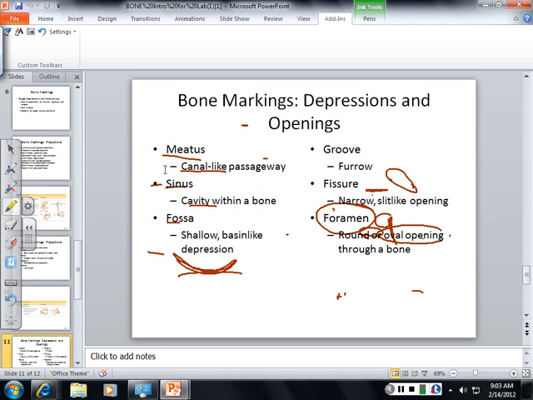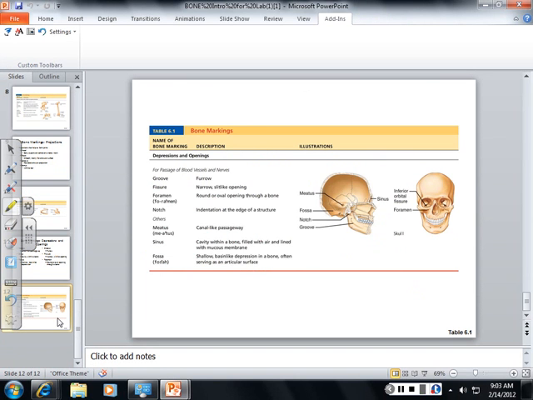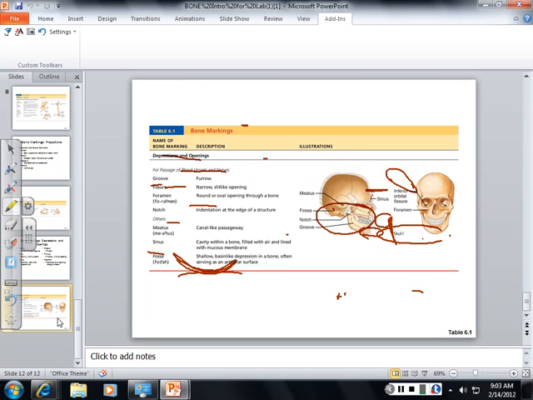So these are the words you need to become familiar with. And like I said, I made this PowerPoint for you to put it all in one place so that you could find it. I think that's all I'm going to do. I just want to let you know where it was. All right, so what I want you guys to do before you get to lab is make sure that you've worked